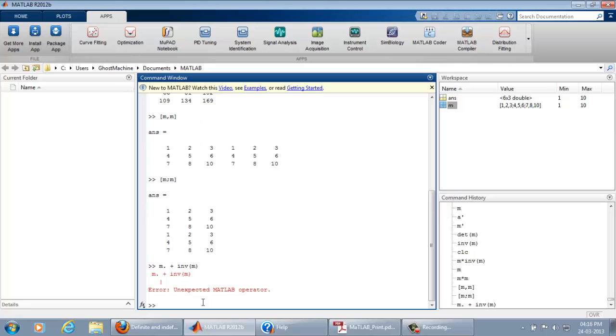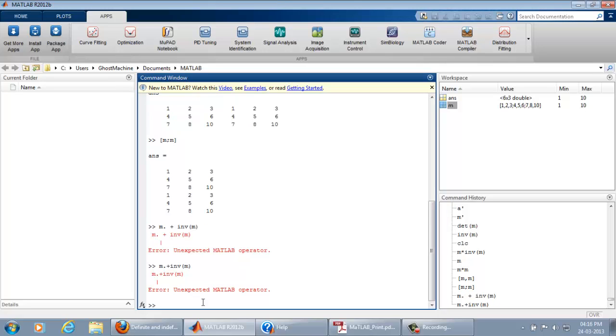What is the problem? I think I shouldn't have given those spaces. Plus inverse of m. Okay, what is the problem? Let us make another matrix.